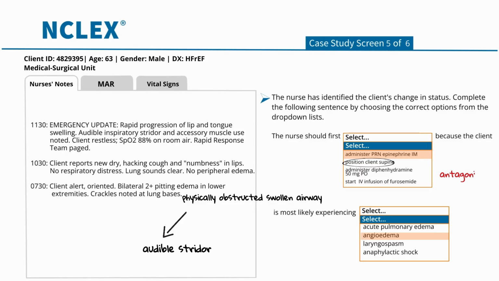It acts as the physiological antagonist to the systemic vasodilation causing the swelling. It rapidly induces vasoconstriction, to reduce swelling, and bronchodilation, to open the lower airways. While diphenhydramine, Benadryl, is often used, it is too slow to reverse an active crisis. Never choose positioning or oral medications when the patient has a mechanical airway obstruction. If the airway is closing, you stop the process with epinephrine before you worry about the supplemental O2 or the